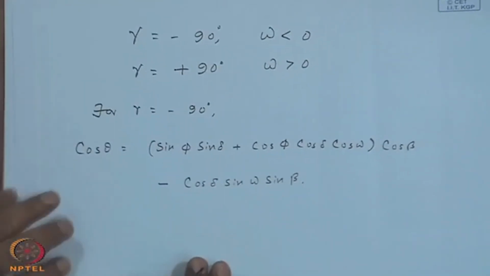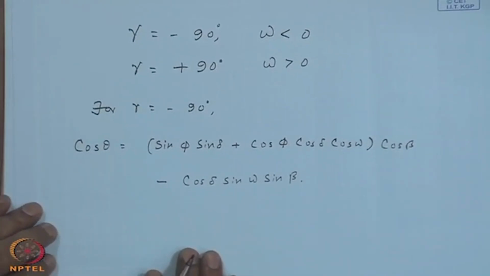So, the third mode of tracking is around a horizontal north-south axis, the aperture plane being rotated from east to west, and we realized that the azimuthal angle is either minus 90 for forenoon and plus 90 for afternoon, and the general equation for the angle of incidence will be in terms of phi, delta and omega of course, and beta. Now, our job